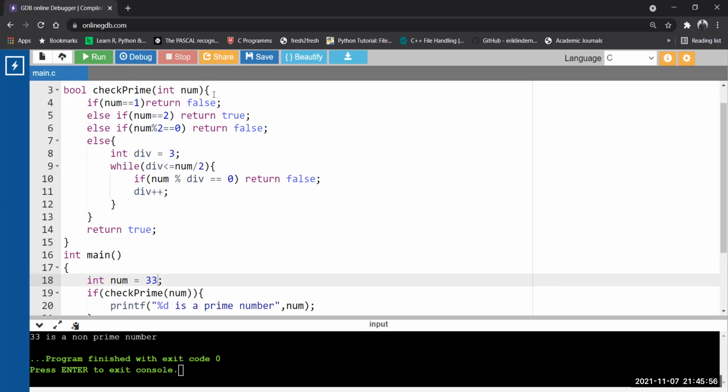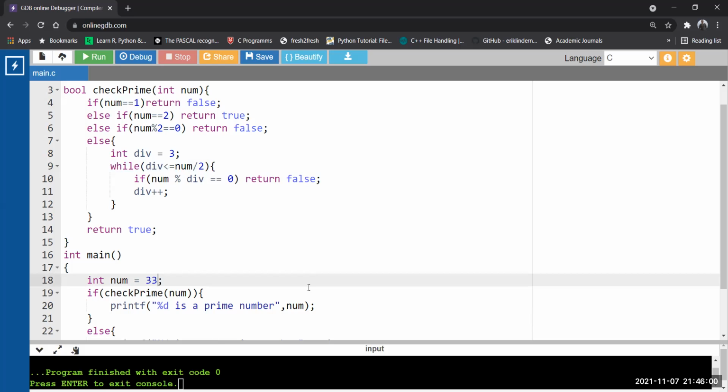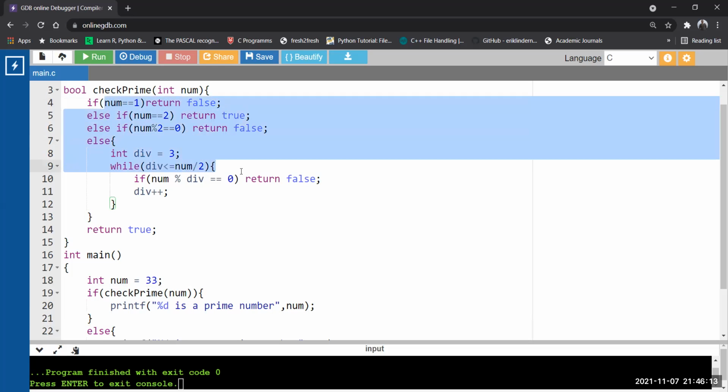It is asked to check how many numbers are prime in between 1 to 100. So print all the prime numbers. Now what we can do, we need to call this logic more than once, correct? So we're going to put this function call inside a loop.